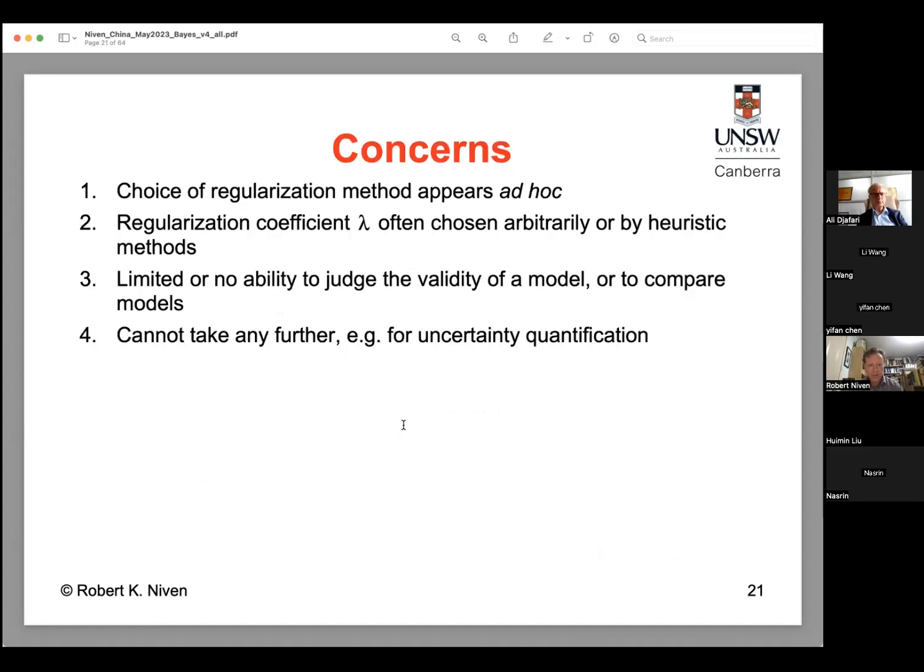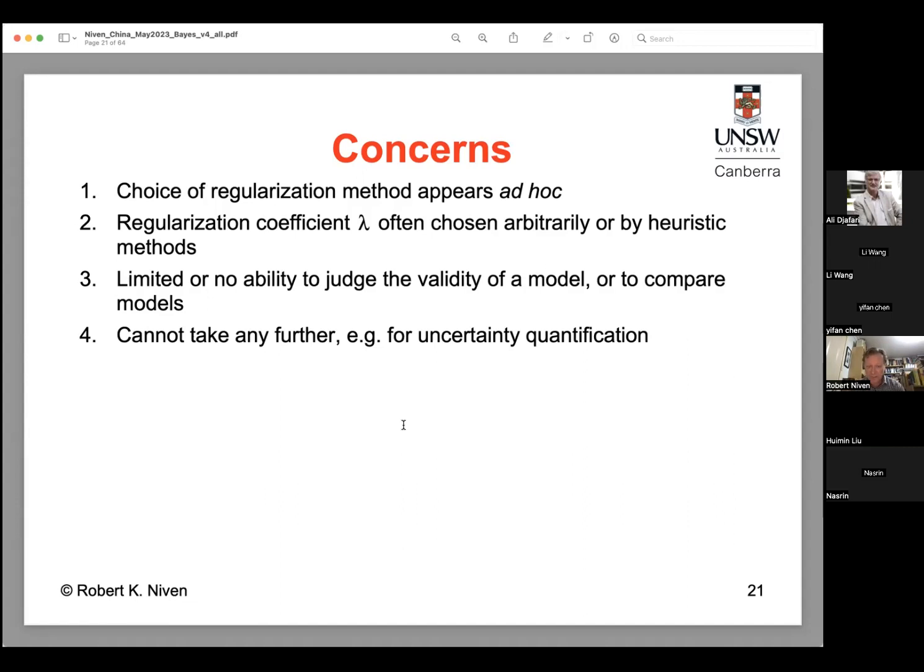So there are many different methods, but this leads to some concerns. The choice of the regularization method does appear ad hoc. It doesn't appear to be very rigorous. Secondly, if we're using a method that has a regularization coefficient lambda, this coefficient is often chosen arbitrarily or by some heuristic method. There's limited or no ability to judge the validity of a model. Once you've got your model, you can't go any further. You just obtain a model. Similarly, you can't compare different models, and you can't take it any further in terms of assessing the uncertainty in your model. So these are some limitations of the traditional regularization methods,